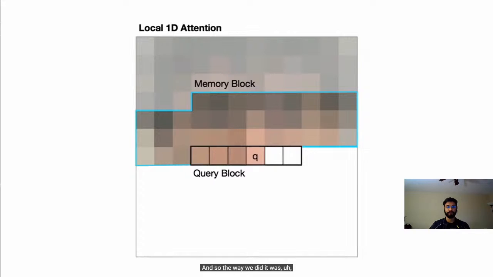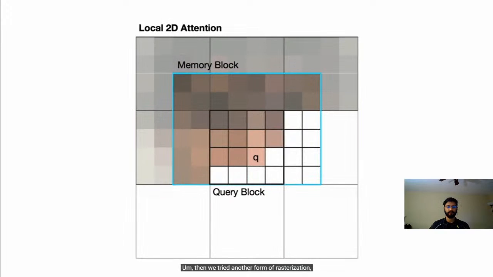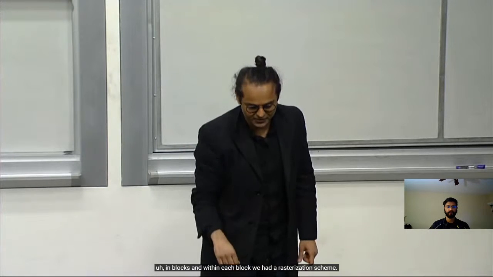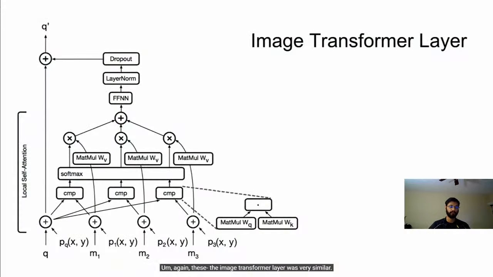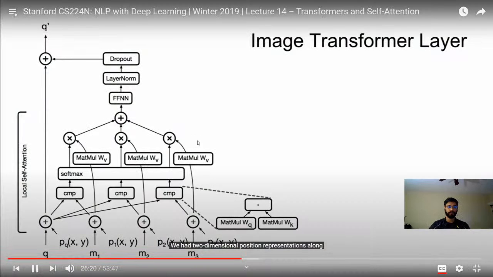computational profile. And so the way we did it was we essentially had two kinds of rasterizations. So we had a one-dimensional rasterization where we had a sort of single query block, which was then attending into a larger memory block in this rasterized fashion along the rows. Then we tried another form of rasterization following standard two-dimensional locality, where we actually produced the image in blocks, and within each block we had a rasterization scheme. Again, this image transformer layer was very similar. We had two-dimensional position representations along with